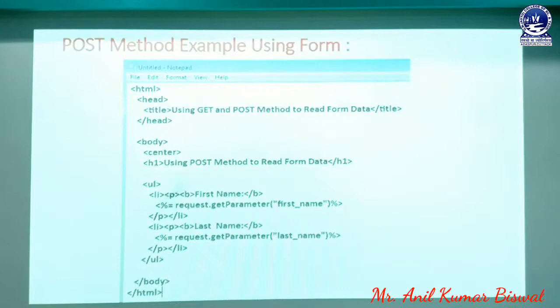The first text box is named first name and the second text box is named last name. So in the next coding statement, we use li, and in that li we mention the last name. That means the user may type the first name, suppose someone types Suman, then the last name, Vishal. That means Suman Vishal. But it must be printed combined in our web browser through this programming part.